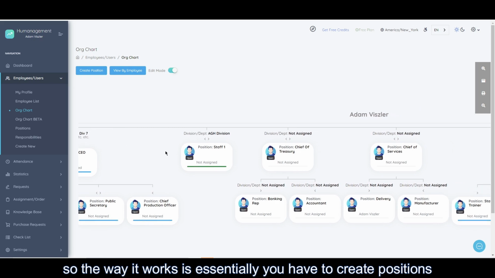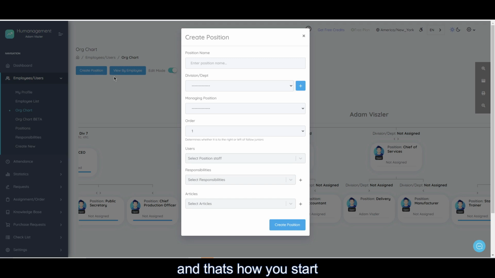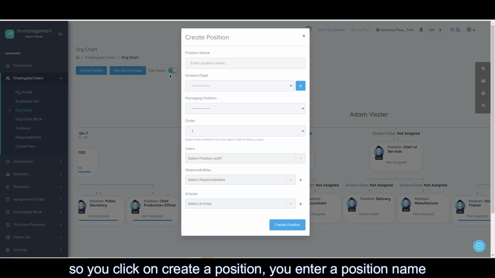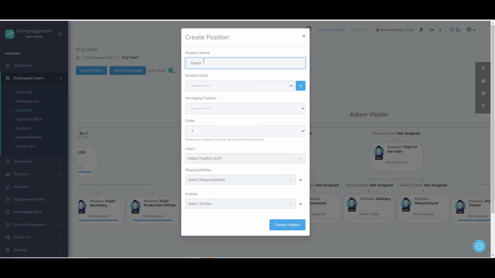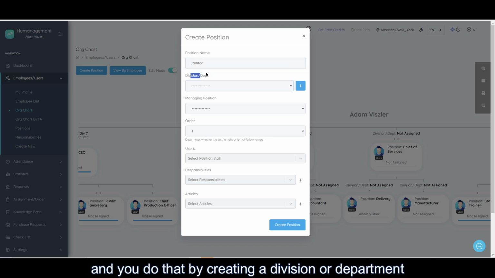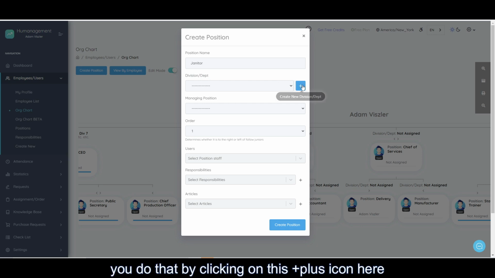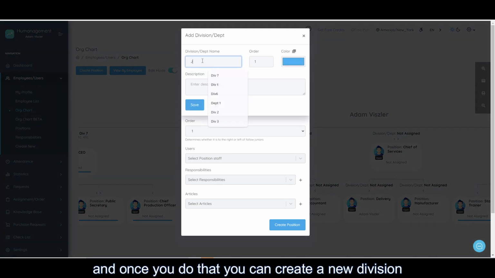So the way it works is essentially you have to create positions, and that's how you start. So you click on create a position, you enter the position name. I have some stuff over here, but let's just create a new one. Janitor. Great. And then you have to assign this position to a division, and you do that by creating a division or department, depends on you. You do that by clicking on this plus icon here. And once you do that, you can create a new division. So I'm just going to make